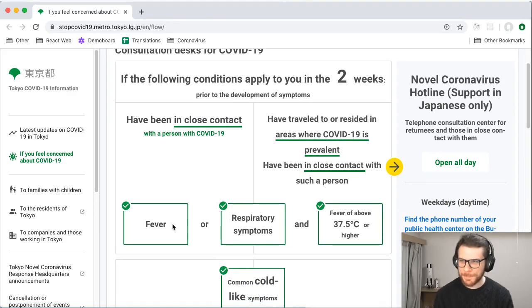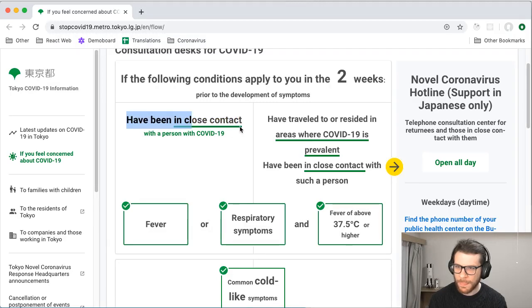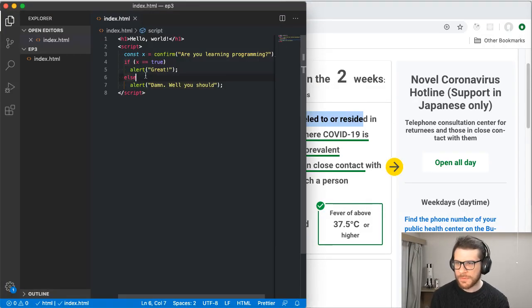I'm going to give that a shot. You can try too if you want. If you're watching this later on, you can just pause it and try to do this yourself. So I'm going to start. If the following conditions apply to you in the 2 weeks. Have you been in close contact or have you traveled? So I'm just going to do this in shorthand. So first I'm going to ask,